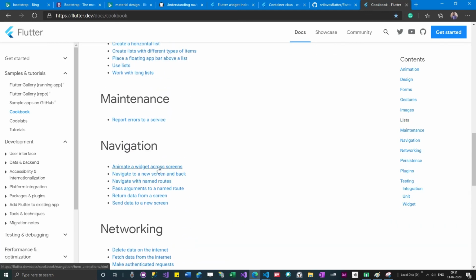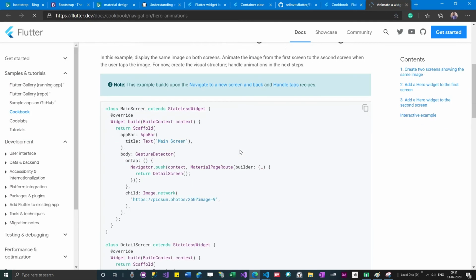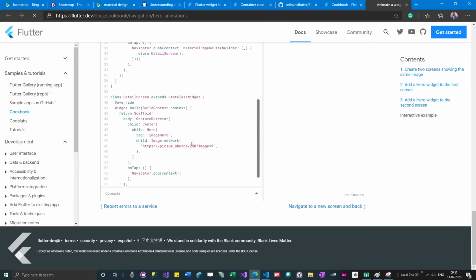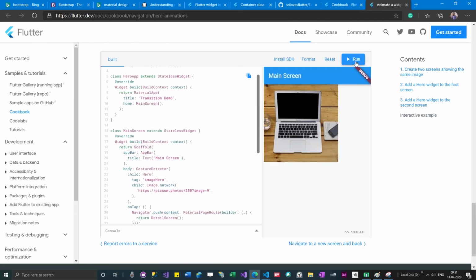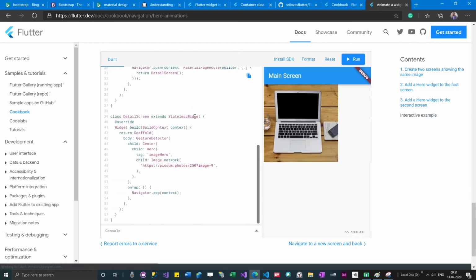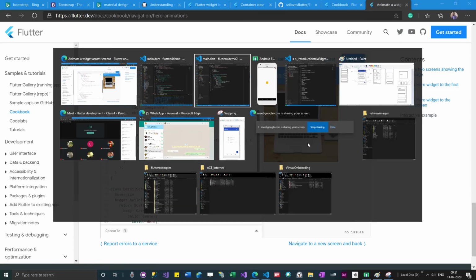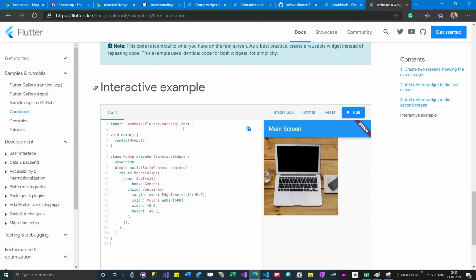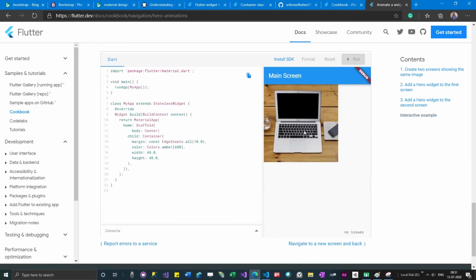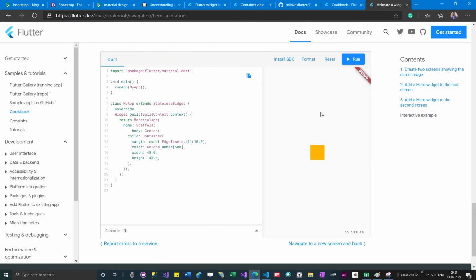Since you are starting, just go there and copy paste these examples and try. Those who don't have an IDE or Flutter setup on your local machine can just run it over here and see the examples. For example, if I take my example from here, copy paste and then run, you are able to see the output.